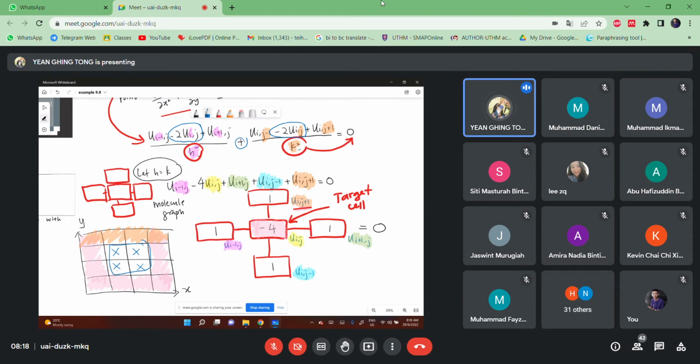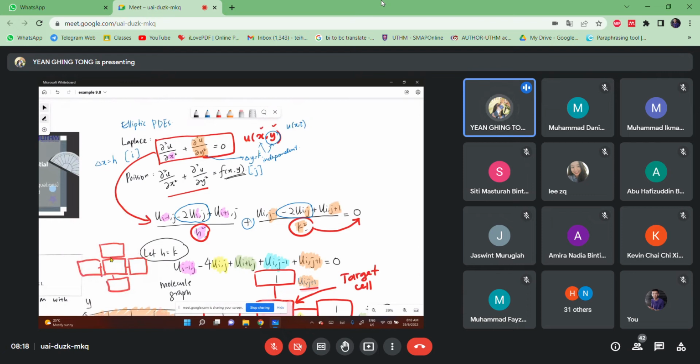Okay, so that's why it's really important for you to write all the names of this grid from 0, 0, 1, 0, and so on. Because you want to know what is this one, what is this one, what is this one, what is it. Okay, so